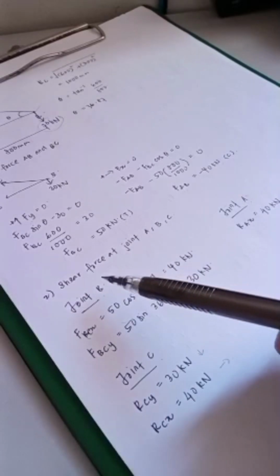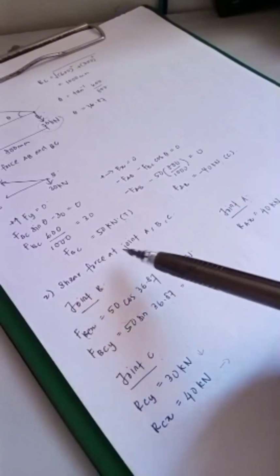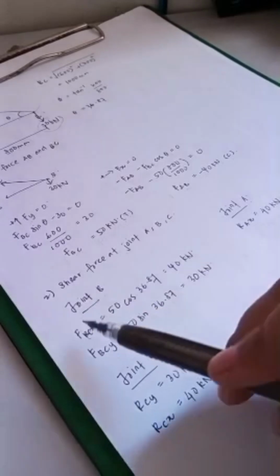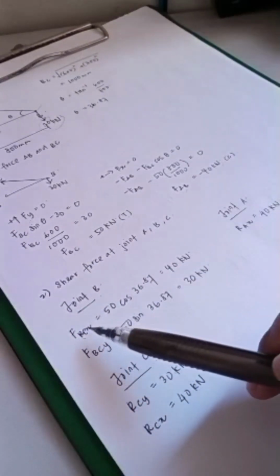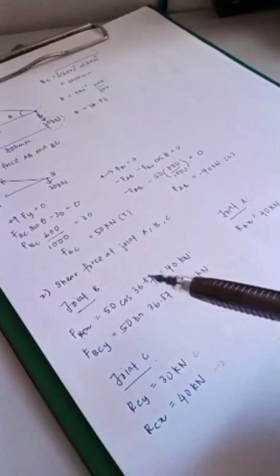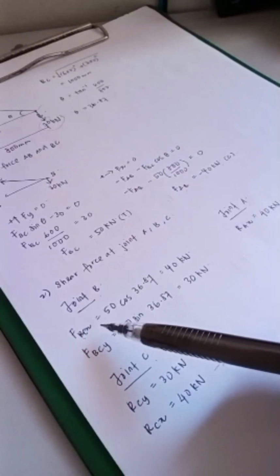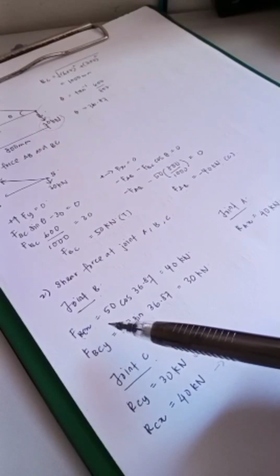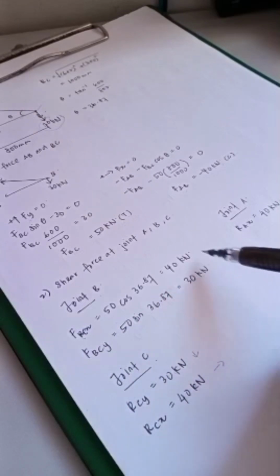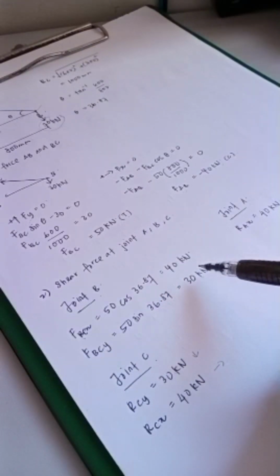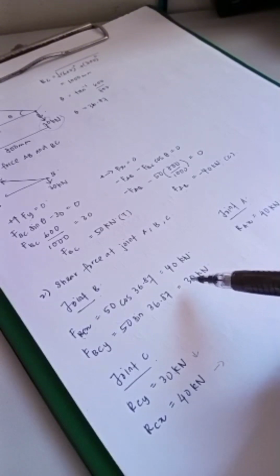Okay, for the second question, the question asks for the shear force at joints A, B and C. So the first step, I calculate for joint B. Why do I calculate like this? It is because joint B holds the members BC and AB. So by calculating like this, I can ensure that joint B does have equilibrium there,